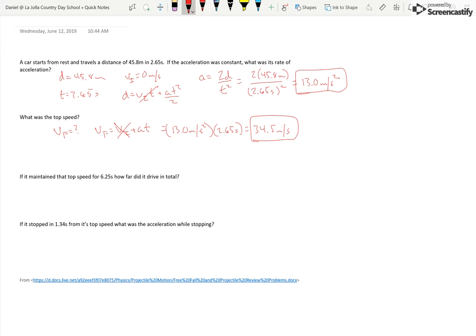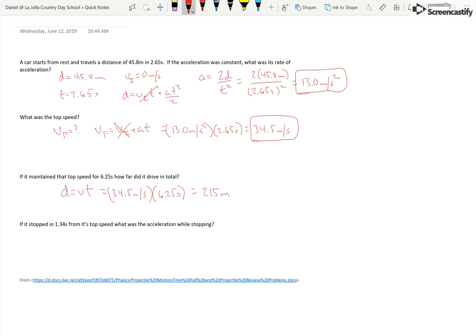So we're going to maintain that top speed for 6.25 seconds. Well, that means we're going to stay at that speed. So we're going to be in constant motion, where distance equals v times t. The velocity is 34.5 meters per second. We're going to go with that for an additional 6.25 seconds. So if we do that, we find out that we're going to go an additional 215 meters